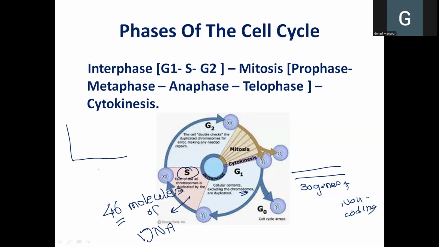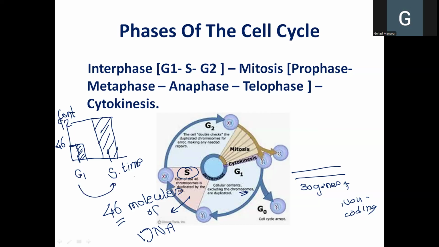So if we graph time and content of DNA, for example, in growth 1 phase, if this bar column represents the content of DNA molecules, then in the S phase we will have double this amount, which is 92. So as time passes from growth 1 to synthesis phase, the chromosomes are duplicated. S is the phase where the chromosomes, or actually the DNA molecules, are duplicated